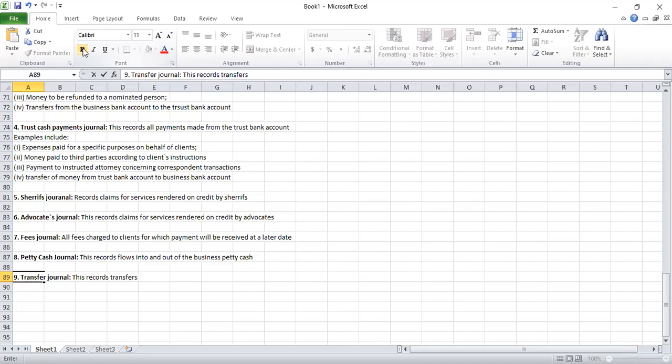Transfers from the trust creditor account to their business account. So you find that our clients will have two accounts, one in the trust books and one in